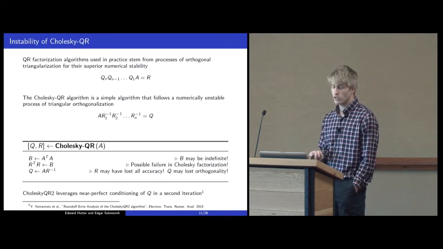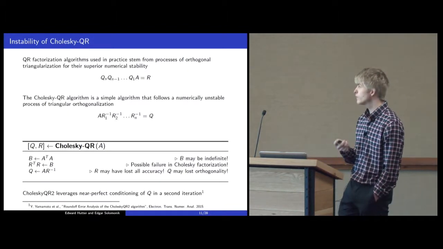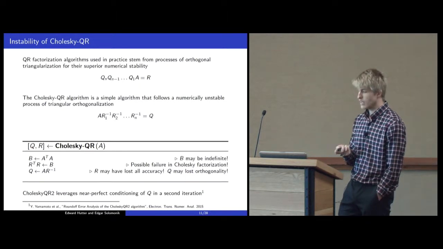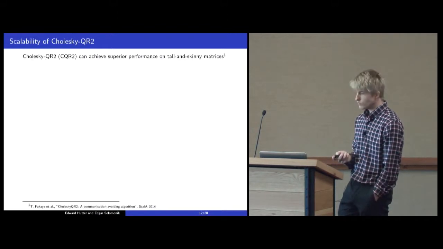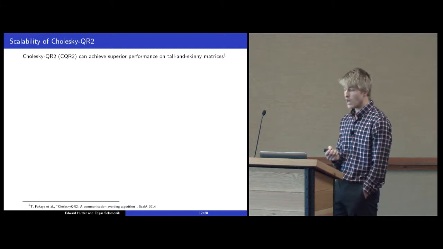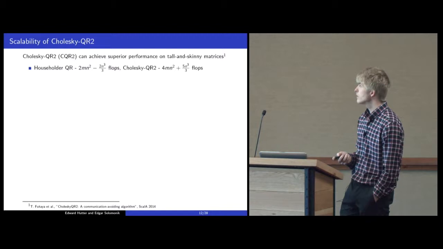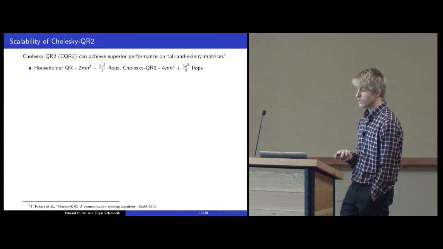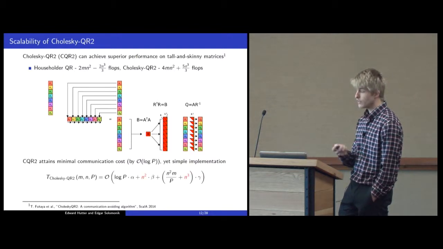The idea of Cholesky QR2 is that it leverages the near perfect conditioning of Q in a second iteration. Because as we can see, if A is perfectly well conditioned, then this algorithm is fine. This algorithm was shown to achieve superior performance on very, very tall and skinny matrices. And if we look at the difference in computation, we see that it can perform around 2 to 4 times as many flops as Householder QR. But because,